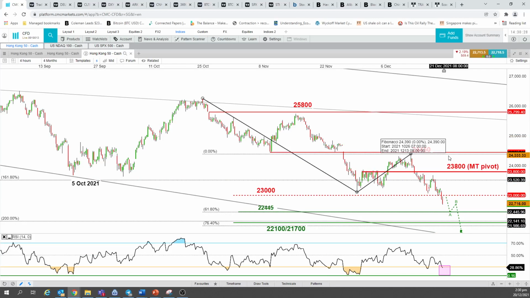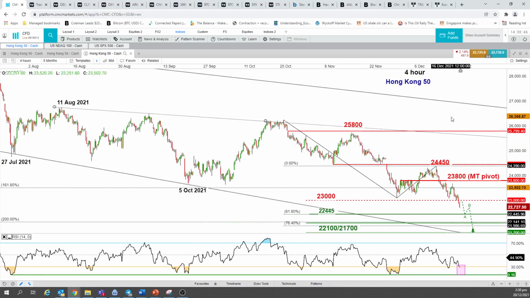a push up again towards the top of that expanding range configuration, towards the upper limit. So the first resistance level will be at 24,450, then followed by 25,800, which is a descending trendline resistance in place since 11 August 2020 high that kept the previous two rebounds in early September as well as late October. Okay, so turning bearish at least in the short term for this week on the Hong Kong 50 index, given the current negative configuration that we are seeing right now.